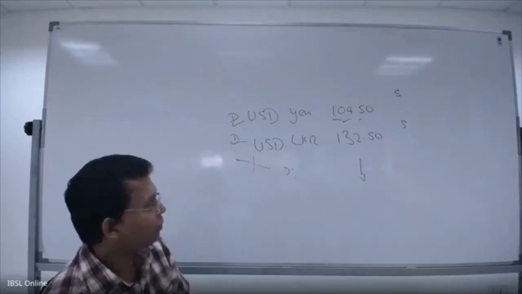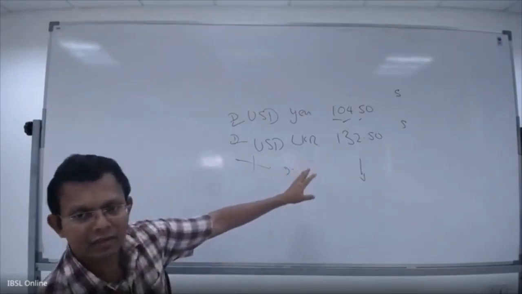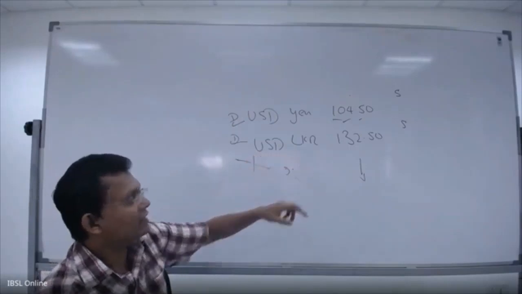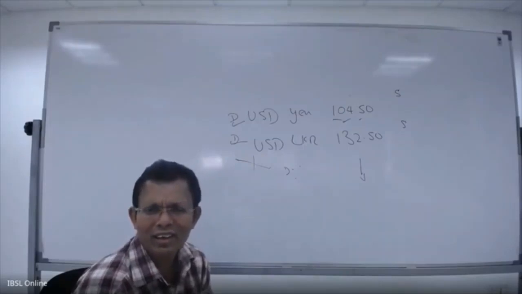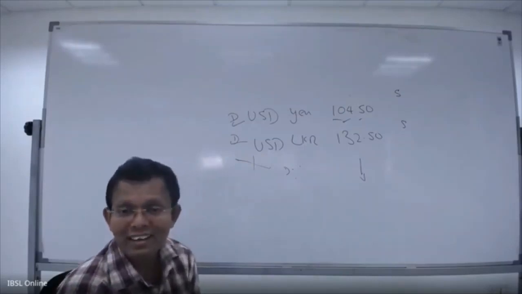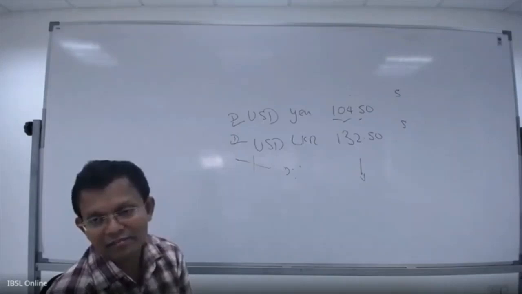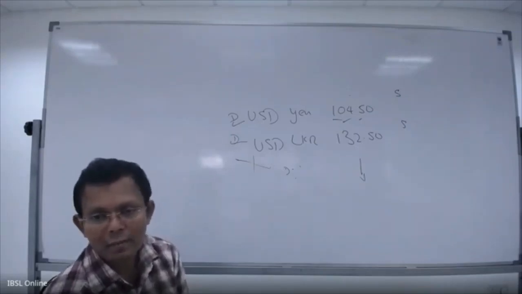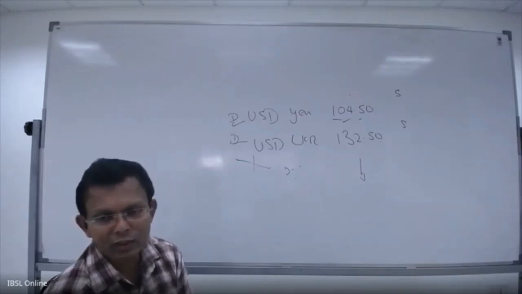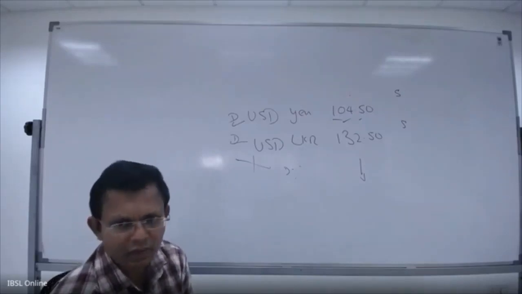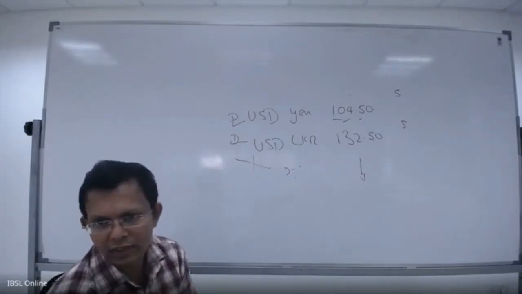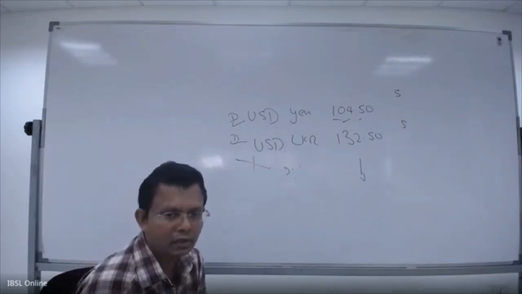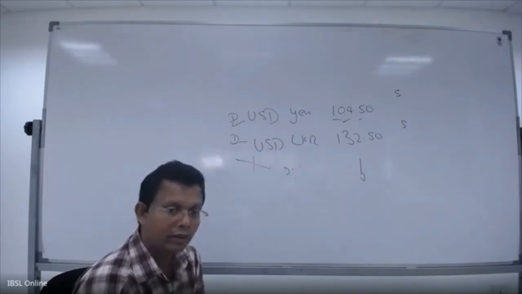Now see, in those days, $1 equals 132. Now how much do you pay? 195. So what has happened? We discussed. One currency out of these two, USD and LKR, has depreciated. Which one? Rupee has depreciated. Meaning anything you pay more, your currency is weak, depreciated. So rupee has depreciated, right? Anything you pay more, the other one is appreciated.